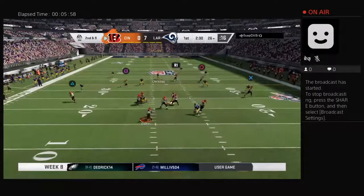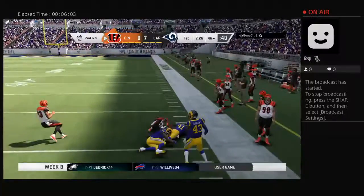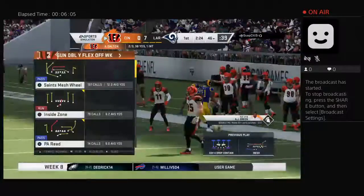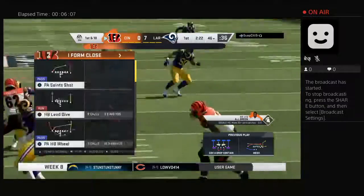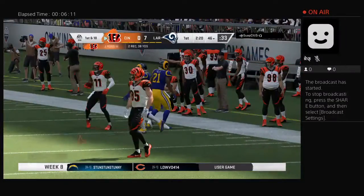On 2nd and 9, Dalton finds Ross, right side, it's complete. And they work this well upfield across the 45. A gain there of 21 yards. And the Bengals first and 10